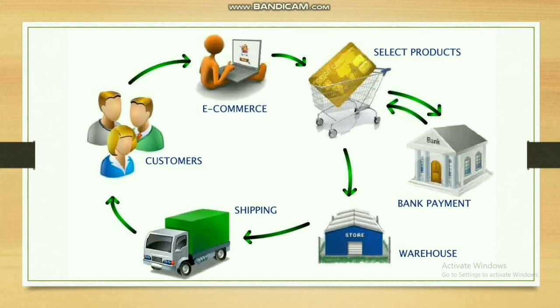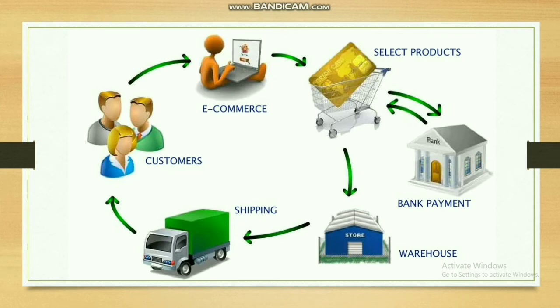Look here, the customer is using his laptop and the internet facility through the e-commerce platform, and using the credit card he is purchasing a product. When he uses the card, debit or credit card, or by RuPay or Amazon Pay or Google Pay,